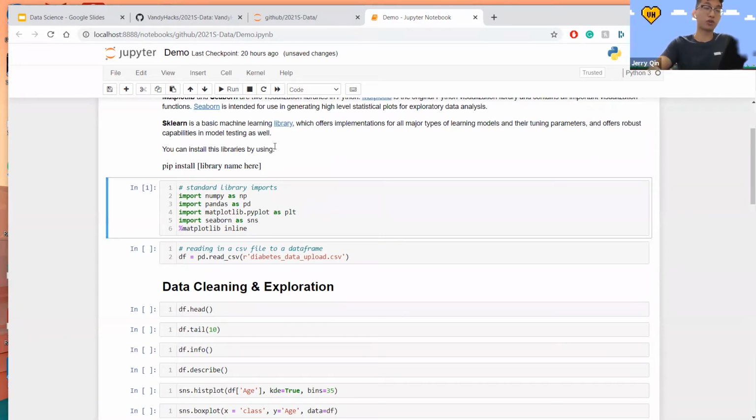Or I can simply press Control Enter, which will just run it a second time. So you can see that every time I run a cell block, it will just increment the counter. So next, what we want to do when we're actually working with data is be able to read our data